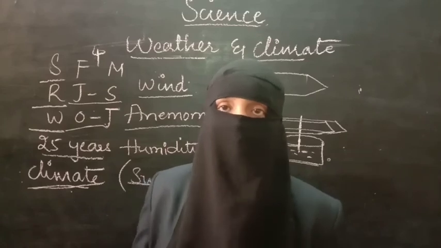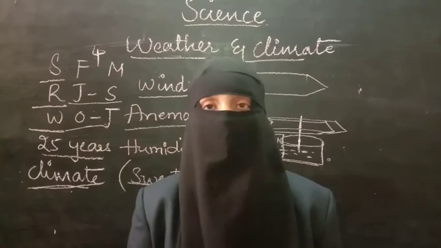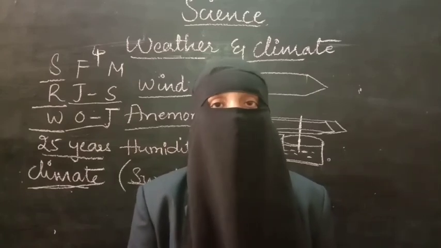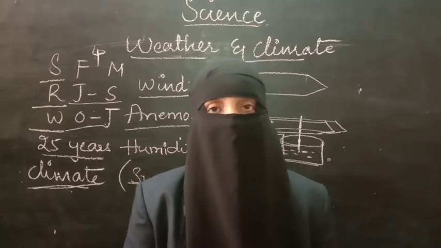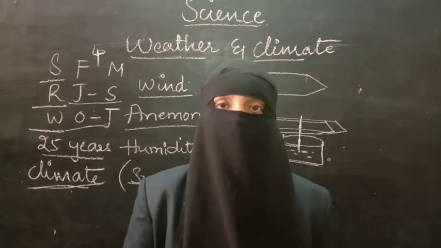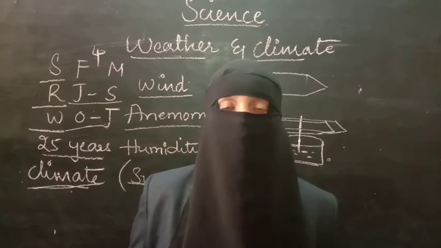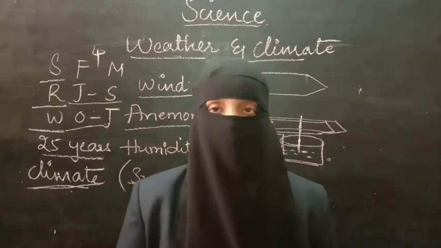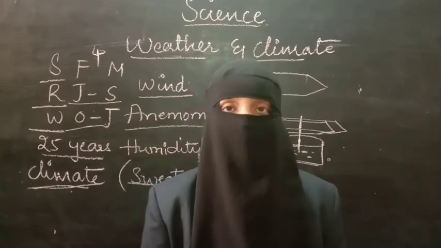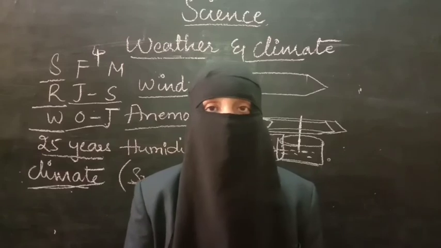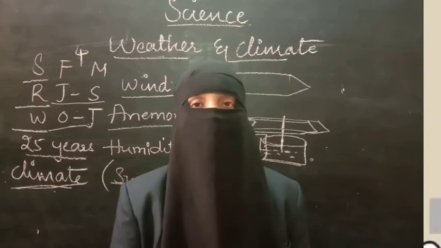As to why these changes are taking place, it is because of global warming and other pollution, destruction of forests and all those things. Because of all these human activities, nature is getting affected, and as a result it may lead to changes in the climatic conditions. So this lesson was completely about weather and climate. Here we have discussed many important phenomena, and we have learned the different instruments used for measuring different aspects of weather.